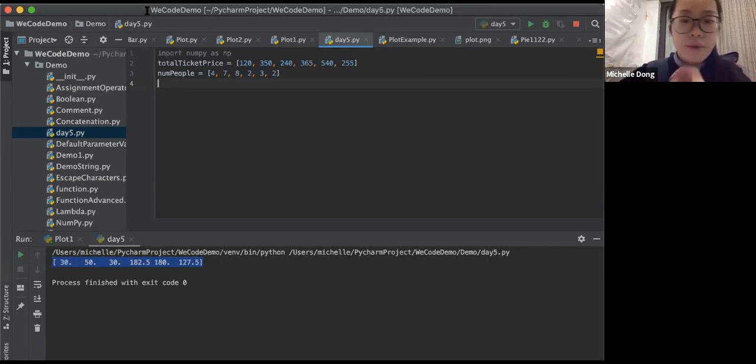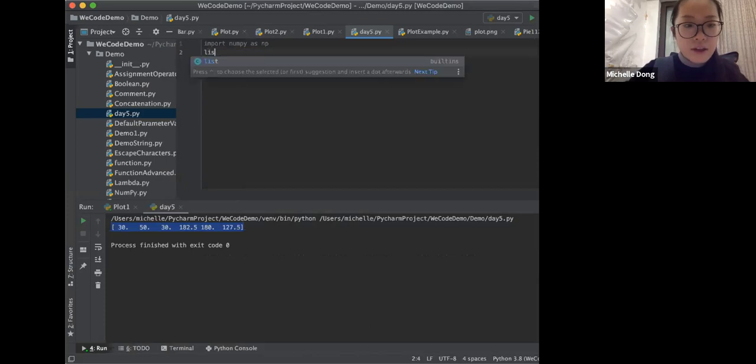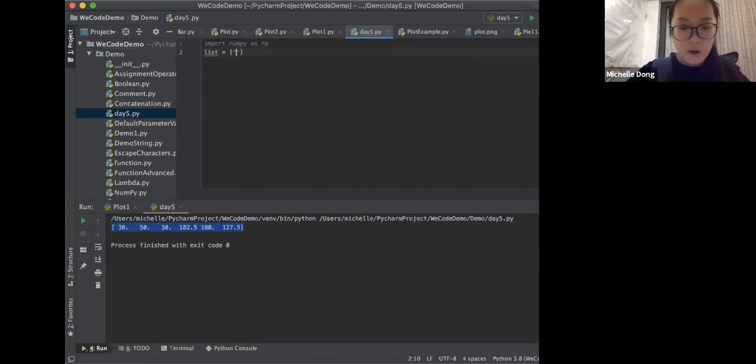So an example can be: we will have list equals we code, then Python, the J, and what we can do is list[1:2] equals